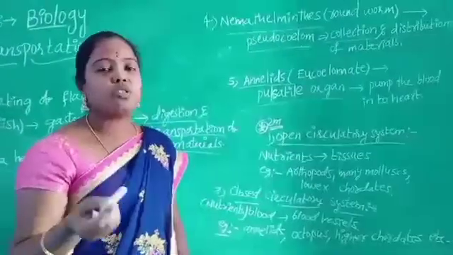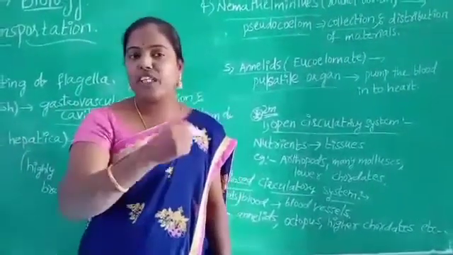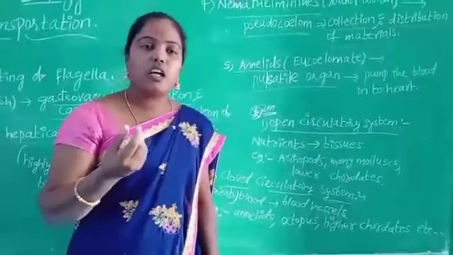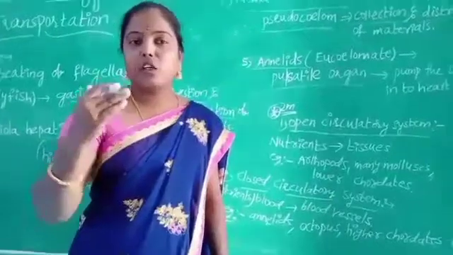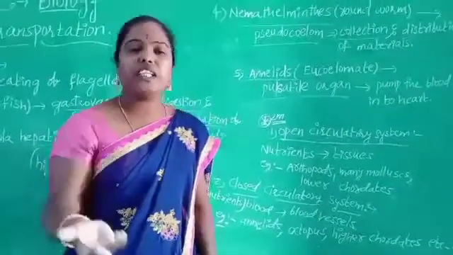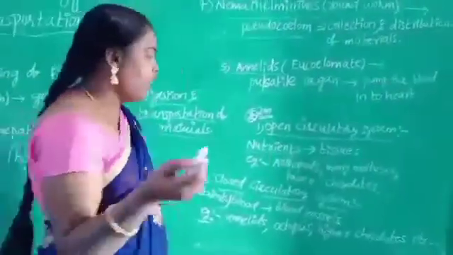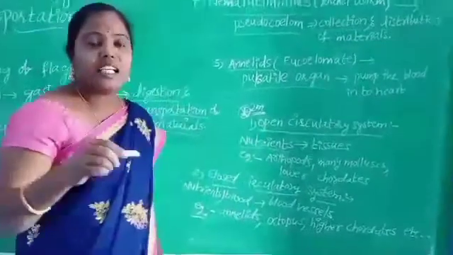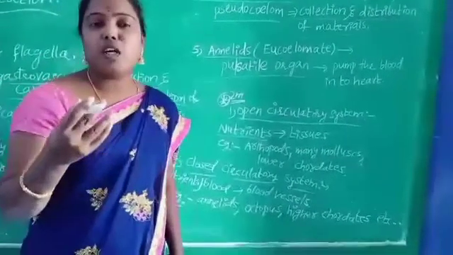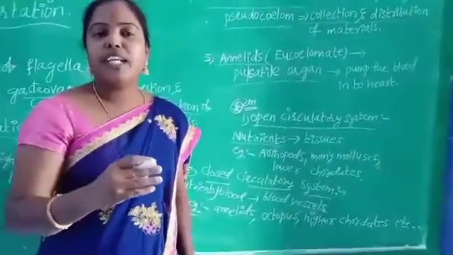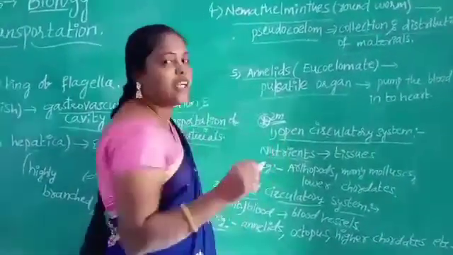Next, one more very important topic, the 2 marks question: what is called the open circulatory system, then what is called the closed circulatory system, give example. Children, already we know that our blood is flowing in the blood vessels. In the blood what is present? Water, fluids, nutrients, hormones, vitamins, everything is present. The nutrients are very essential to our body. Now, if the tissues are responsible to transport nutrients from one place to another place, such a type of system is called the open circulatory system.